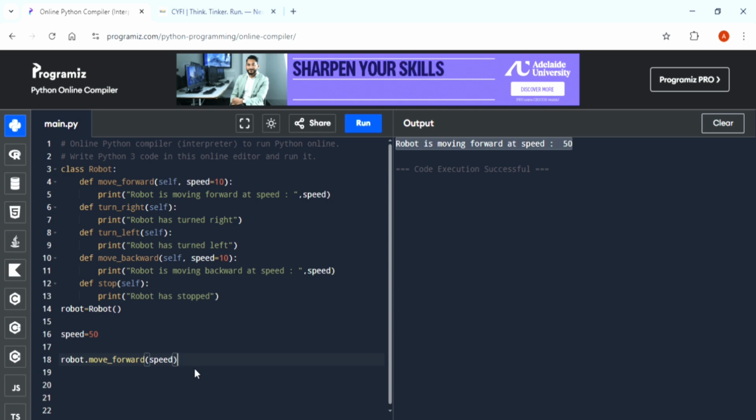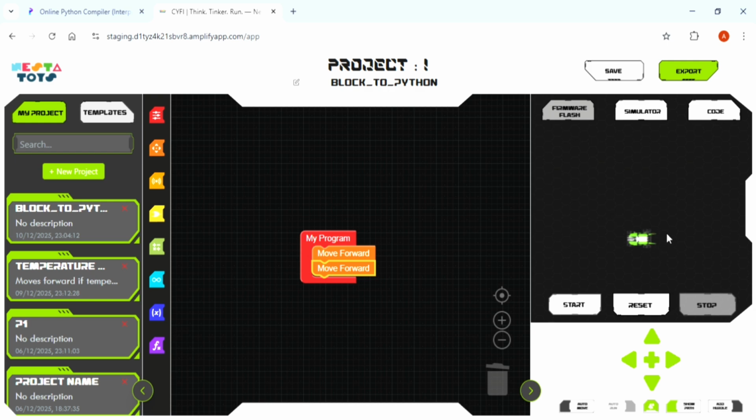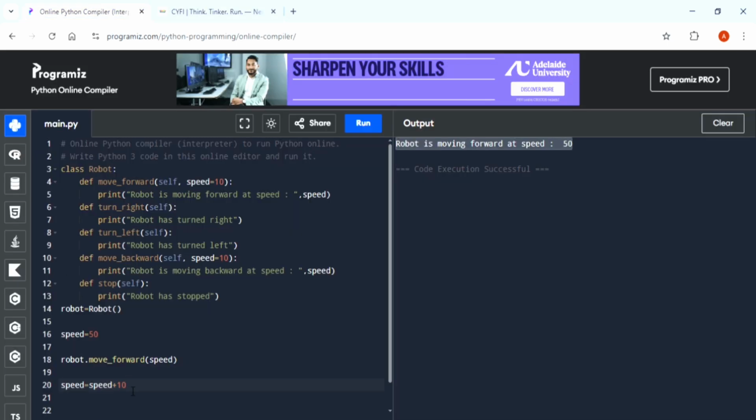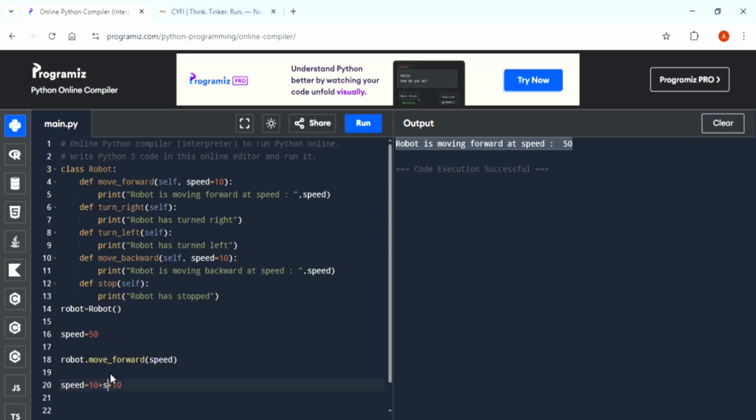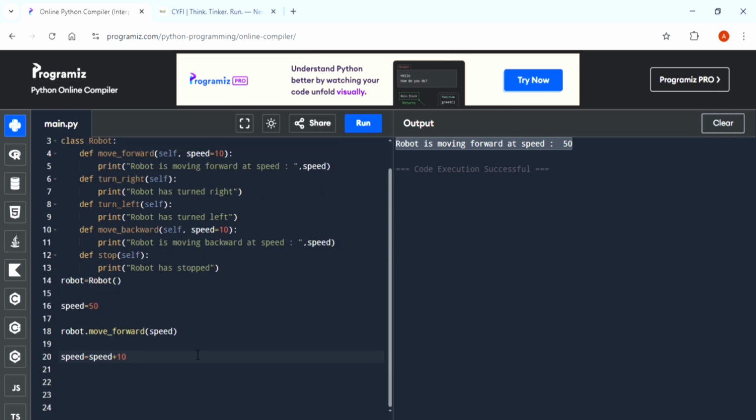So for updating the variable, you must again write speed equals speed plus 10, because you want to make the speed of the robot 60 at the second step. If you want to make it 60, you can also put 10 in front, 10 plus speed. This will also work perfectly fine, or speed plus 10 is also fine. You can follow any method, but it must be mathematically correct. So here you change the speed to speed plus 10, and here you made speed 60. Now you call robot dot move forward again